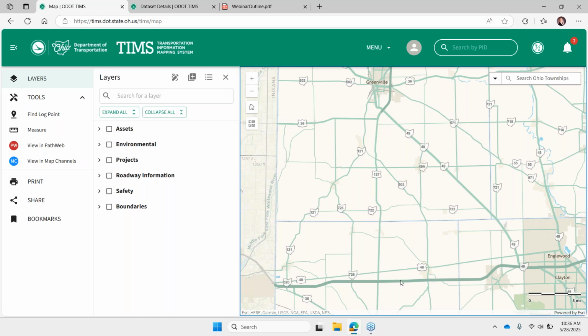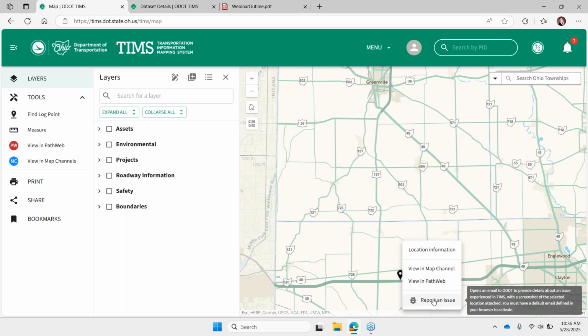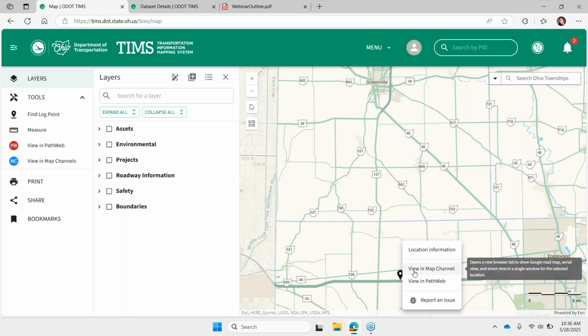And then that final option, report an issue. So if you are on your regular PC and you have your email configured, your default email browser. I have everything closed today, so I'm not disturbed during our webinar, but you can click this report an issue, and it's going to initiate an email that has some text. It'll have a link to get us right back to the same location. And that's going to help you communicate what issues or questions you found with us, and it will help us respond to you. We'll understand more about what you're asking right off the bat.